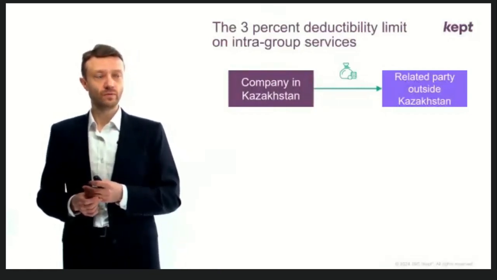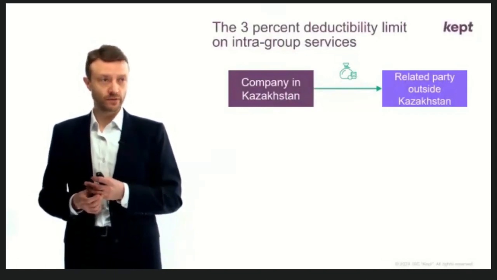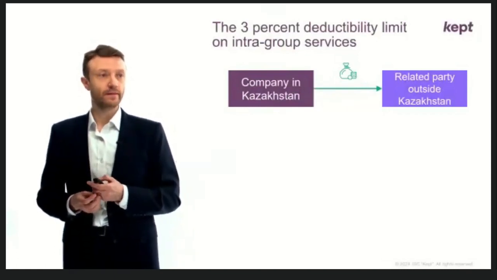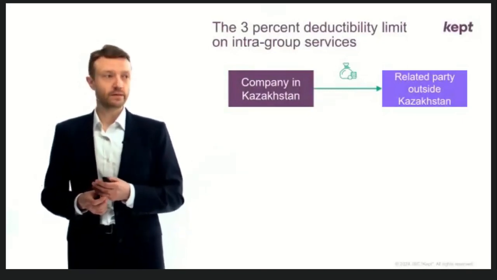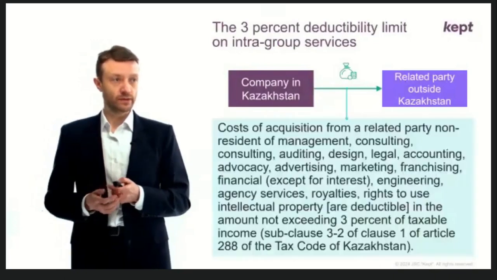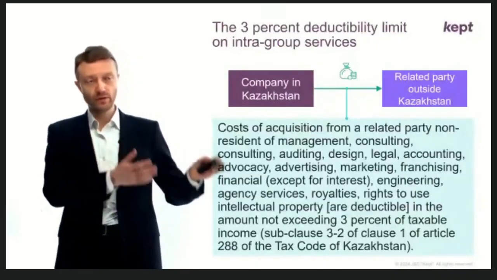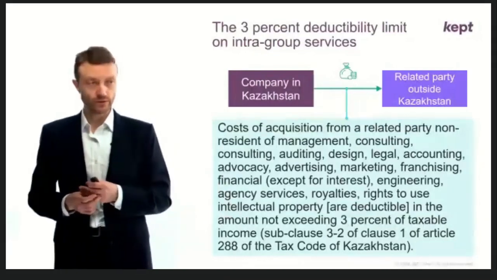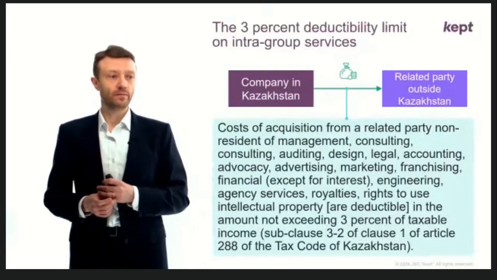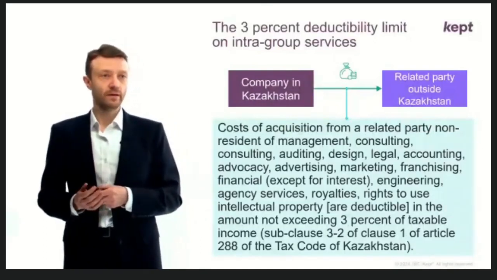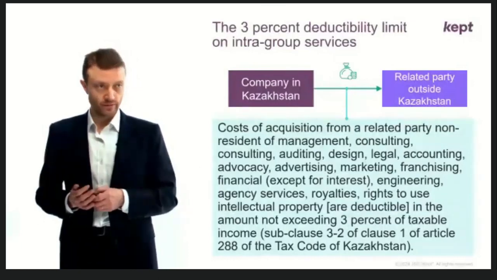So what happened shortly before 2023? The rule was introduced that if a company in Kazakhstan pays for services to a related party outside of Kazakhstan, and there is a long list of services which are subject to this rule, these services altogether combined can be deducted only within the limits of 3% of taxable income of the company which pays for these services,